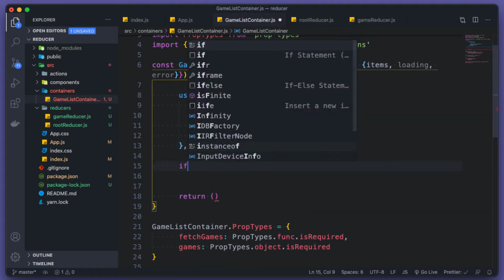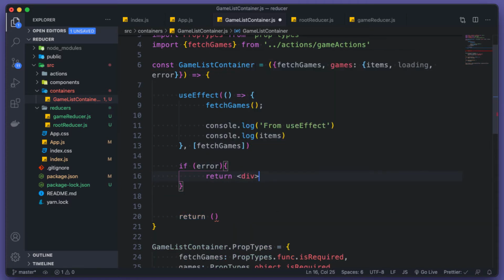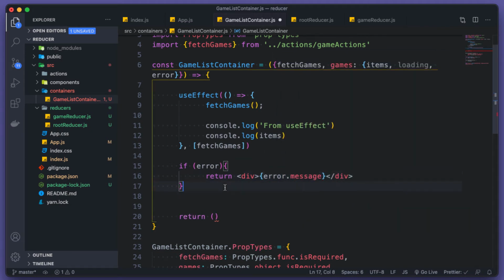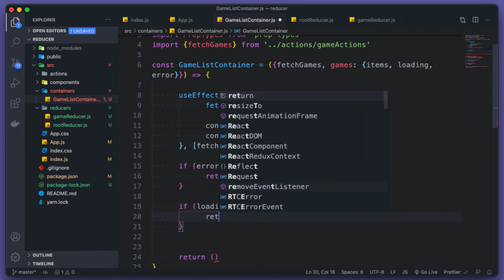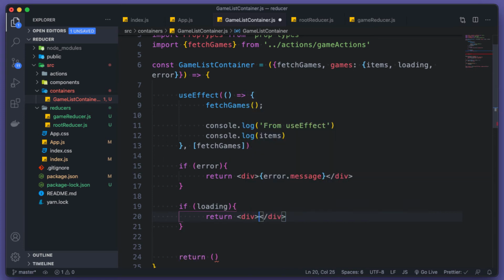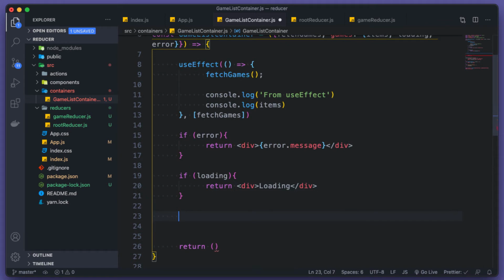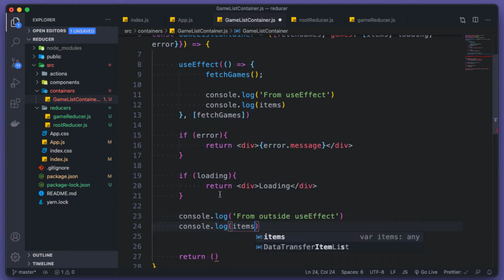So first we're gonna check if there is an error. If there is an error, we're gonna pass in an error message. If there is no error but isLoading is true, then we're gonna return a div, let's say "loading", and also console.log "from outside use effect". Okay, console.log items,